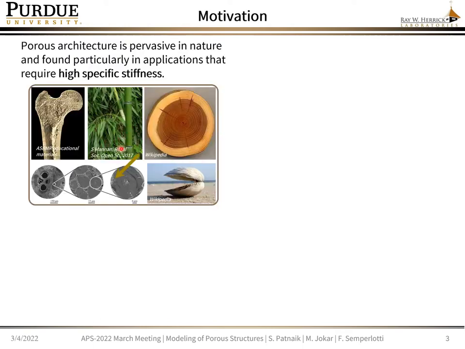Porous materials, as everyone knows, have a long and distinguished history of applications in engineering, science, and medicine. Porous architecture is pervasive in nature and found particularly in applications that require the simultaneous achievement of low weight and high stiffness, a concept known as high specific stiffness. We can see several examples in nature of the use of porous structures. For example, animal bones, plant tissue such as bamboo, which we know has a hierarchical porous structure, and then wood